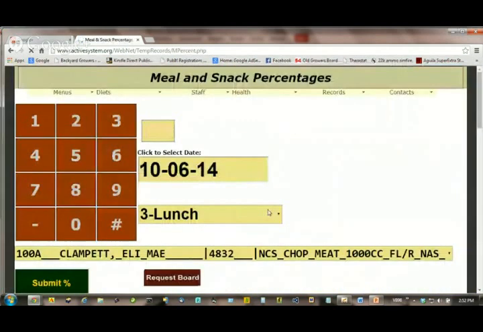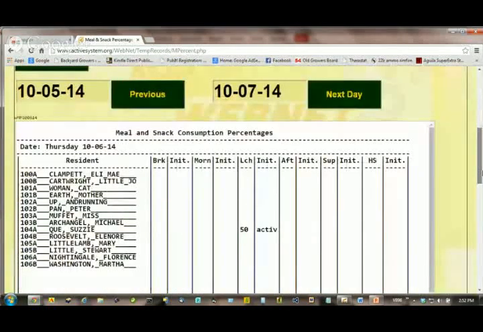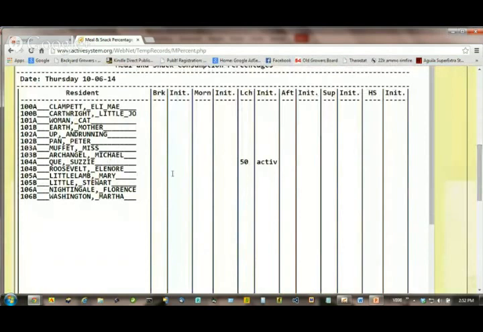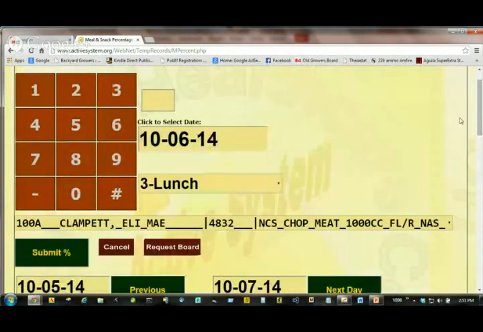And go back and do your next resident. So it's very quick and easy for them to input their consumption. There's Susie Q, got a 50%, and it was initialed by whoever was signed on. Okay. Now all this stuff goes to the web-based version, and then you can go to the desktop version and